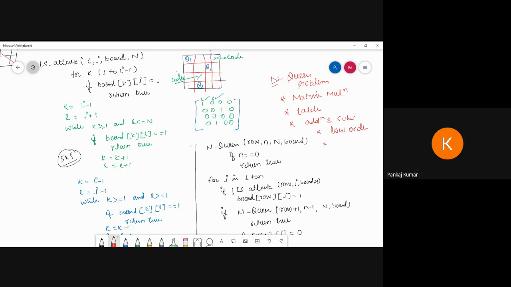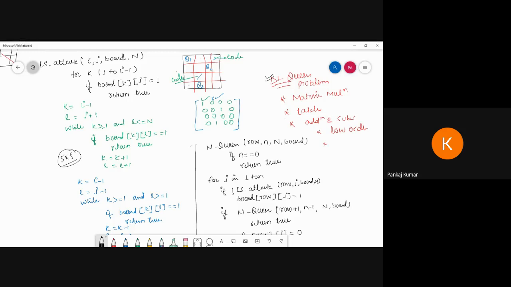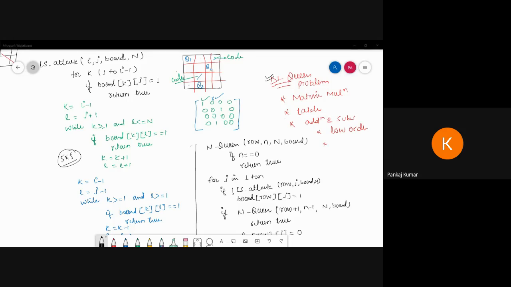So we are writing the left diagonal, right diagonal, and how to count the elements of the diagonal. These things are helpful for writing the n-queen problem. Okay, so these codes are very helpful.